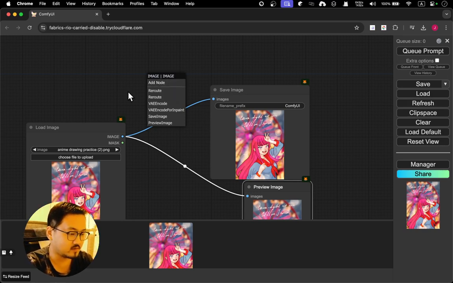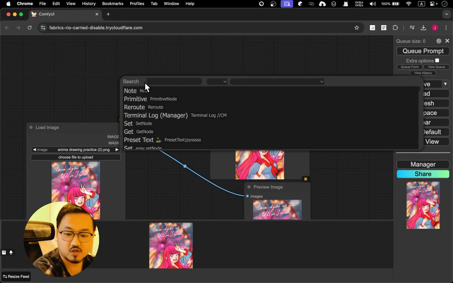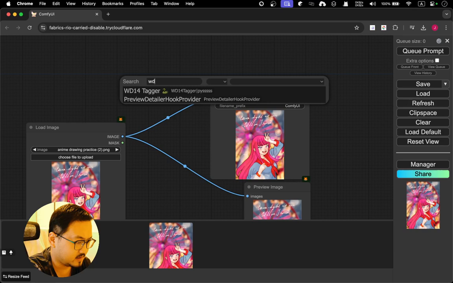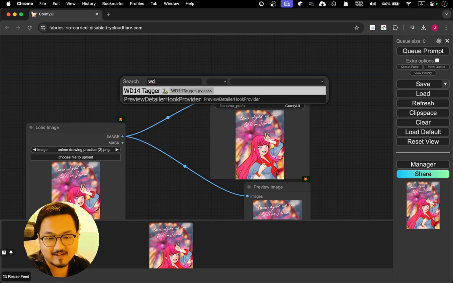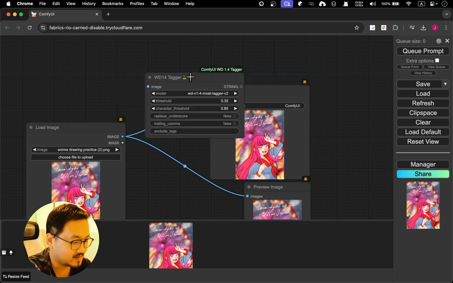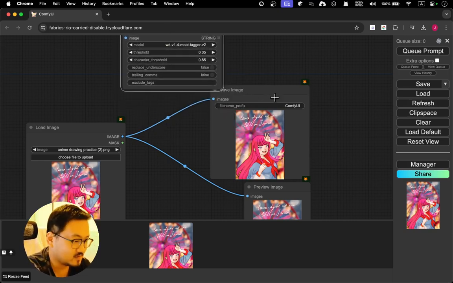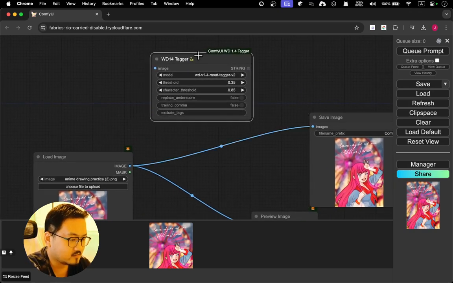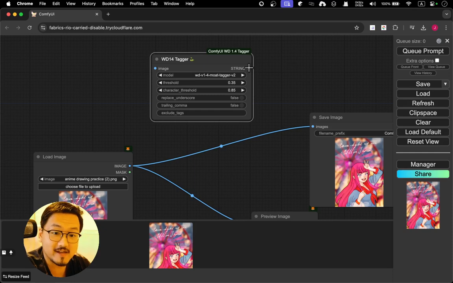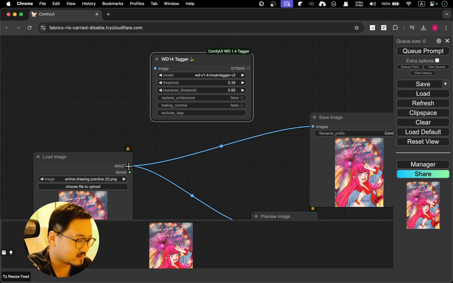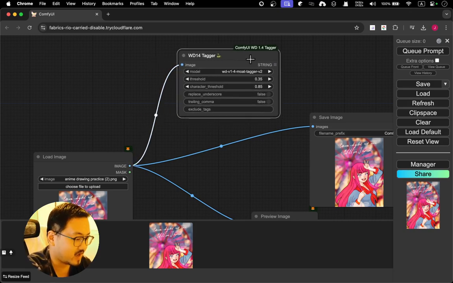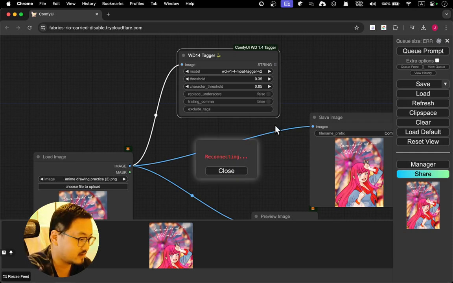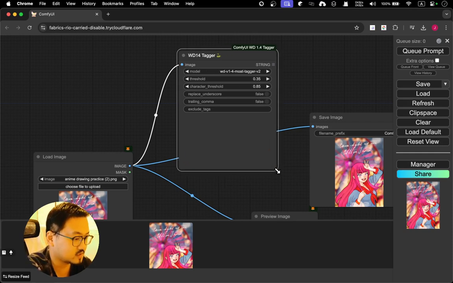And so what I'm going to do is to double click and search for that tagger. So I believe it's the WD14 Tagger. Okay, use this and you can get a decent tag. So what I'm going to do right now is to have an image as input and a string as output. That's amazing. So I got image, just to make it here, and we have a string output there. So what I'm going to do is to simply run the tag